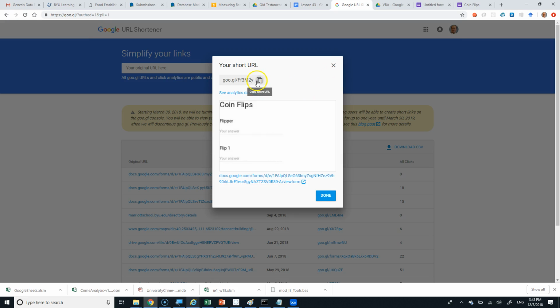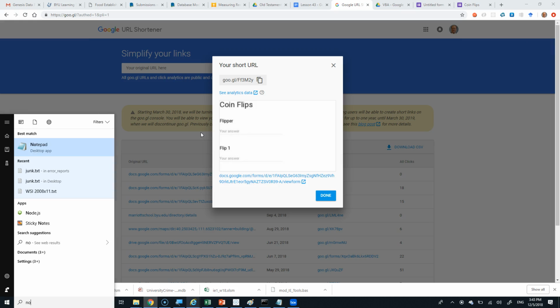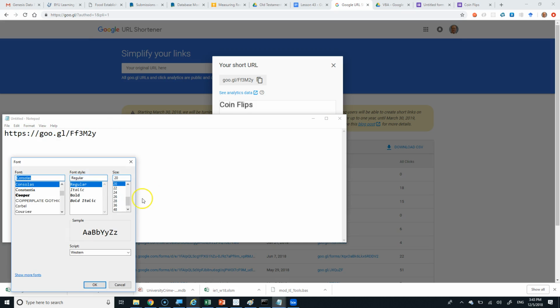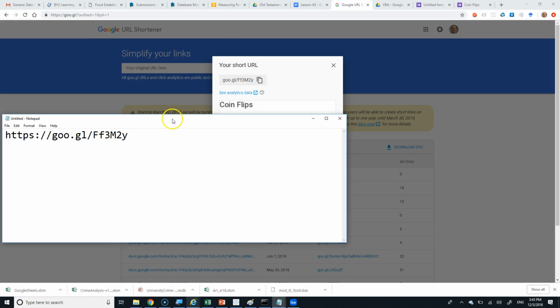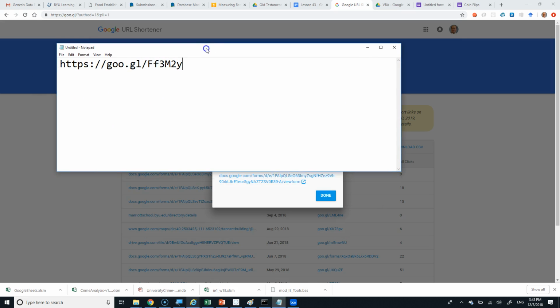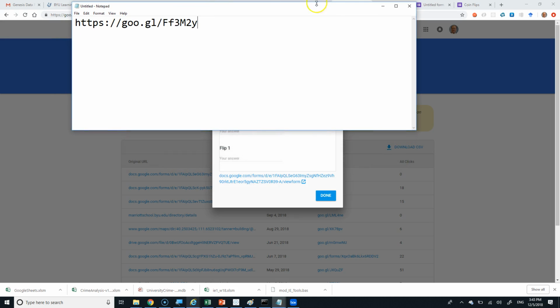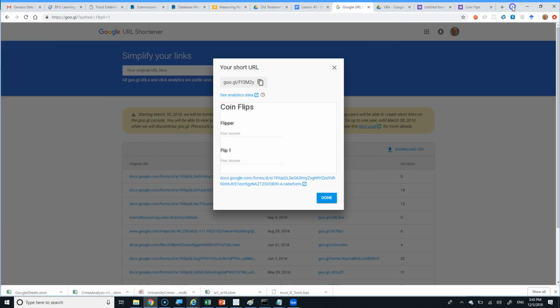There we go. Okay, so that's the URL you should be able to type in pretty easily. Case is going to matter, and you should be able to go to that form